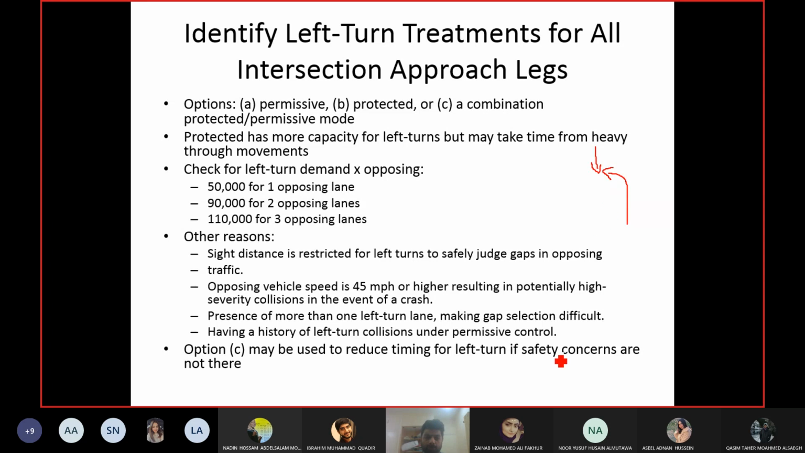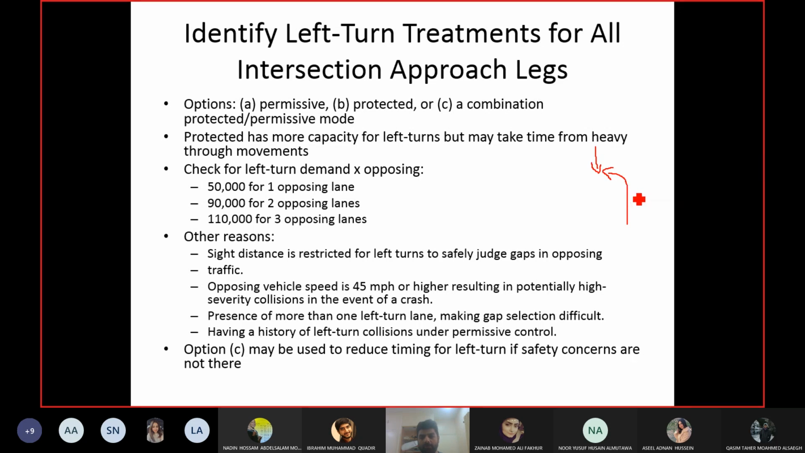So when should we go for protected and permissive left turn? We have a criteria based upon volume. This is the main criteria, and then we have other criteria as well. I will talk about it, but the main criteria is based upon volume. So if the left turning volume into the opposing through movement volume